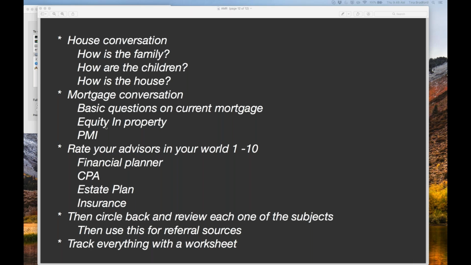But then you want to bring up the equity in the property. Here's where you bring that realtor in, the realtor that closed the loan. And you can do it both to the sales side and the lender side, or the sales and the borrower side. Call both of them and say, you know what, I'm working with this client and I'm just looking for how much equity the client has. I'm doing an annual mortgage review. That realtor is going to say, oh, can you show me what that is? And you have that opportunity to pitch the annual mortgage review to your realtor.